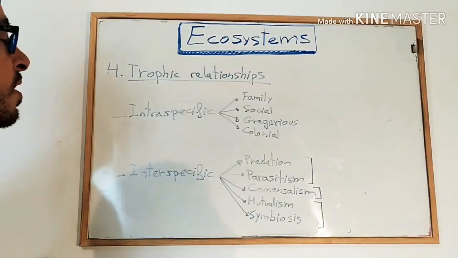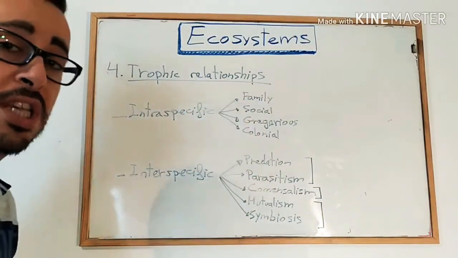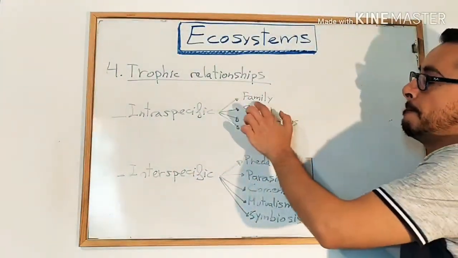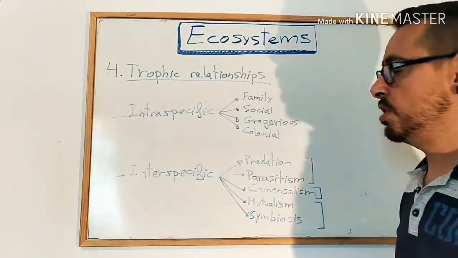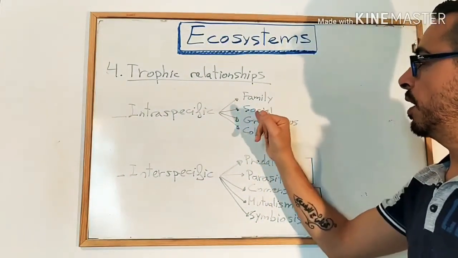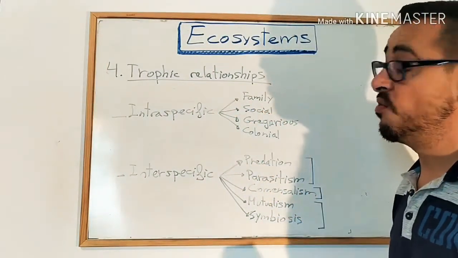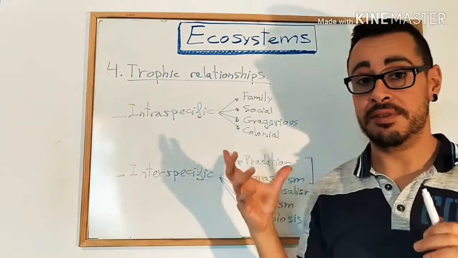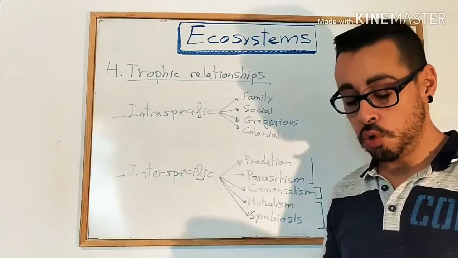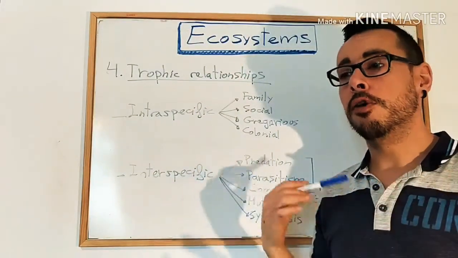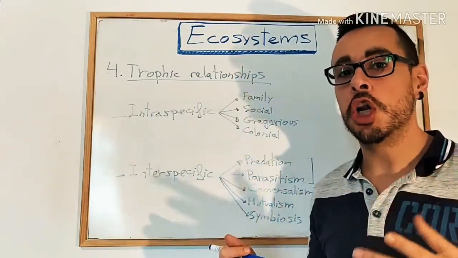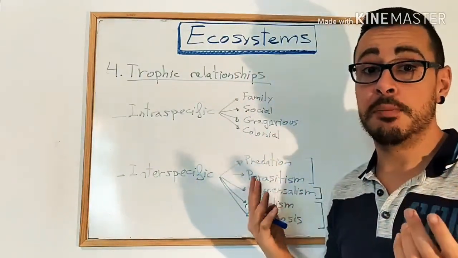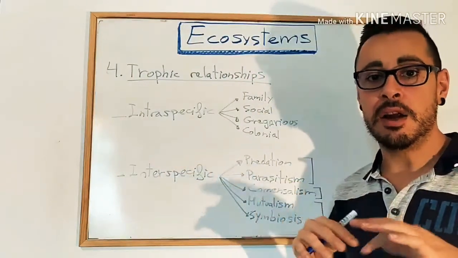So, in the first one, we have the family associations. Okay, and I'm going to start explaining what is a family association. Obviously, everybody knows. Okay, we have the social relationships. Social relationships are among living things of the same species that need to cooperate between them for living in a colony. For example, bees or ants. They are